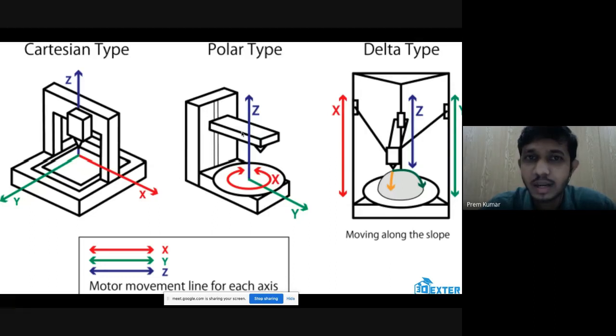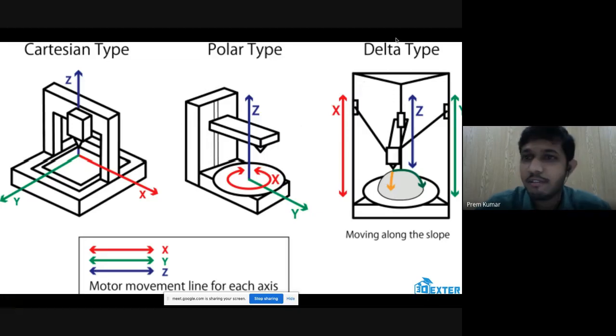So this is a polar type of 3D printer. The build volume will be of cylindrical shape because the build platform is rotating. If you look at the Cartesian type, this can be a cube or cuboid depending on the build size that you are going to choose.